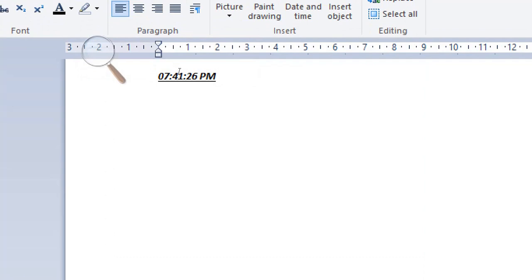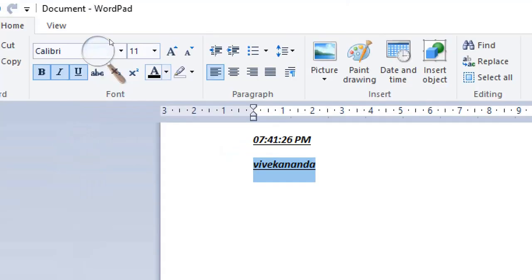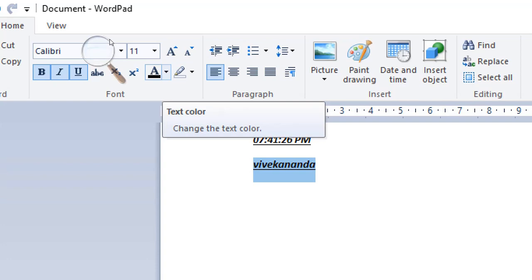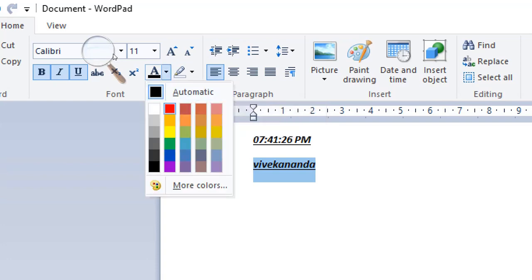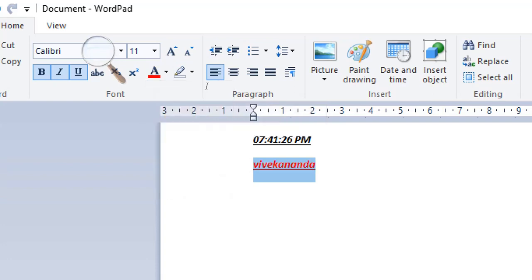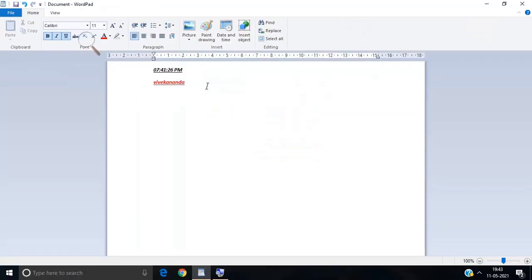I am going to type the text Vivekananda. Okay, and I am selecting the text here, and here I am going to apply the text color. Black is the default, but I applied the red color for it. Okay, you can apply the text color also, which is not present in Notepad.